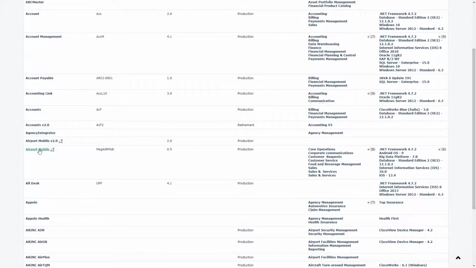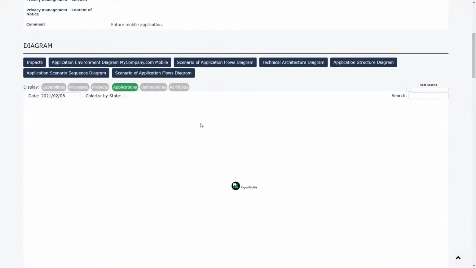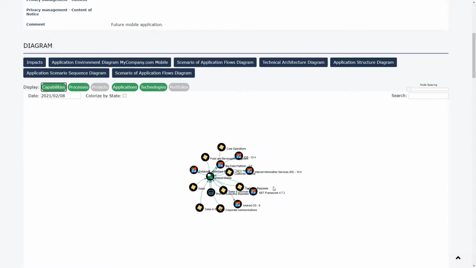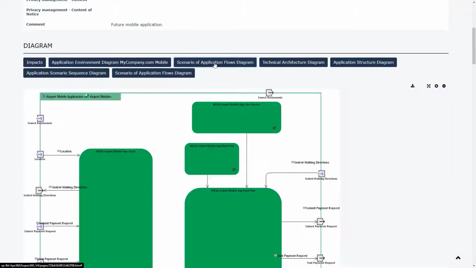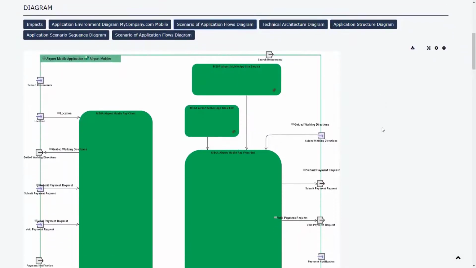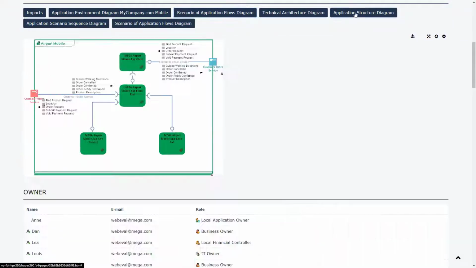We enhanced the property page of an application. So you will still find this graph that allows you to see the surrounding elements of an application. But we added especially all the diagrams available in IT Architecture V2. For instance, the scenario of application flows diagram is now accessible. The application structure diagram also, with the components and the exchange contracts between the components, and the technical architecture diagram